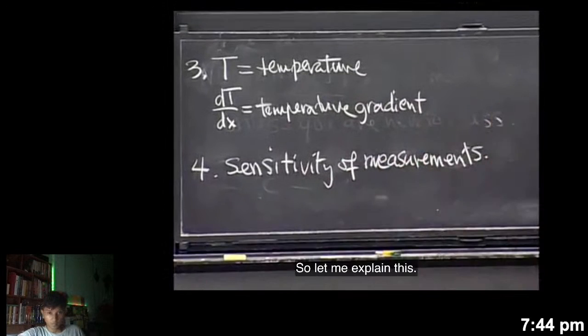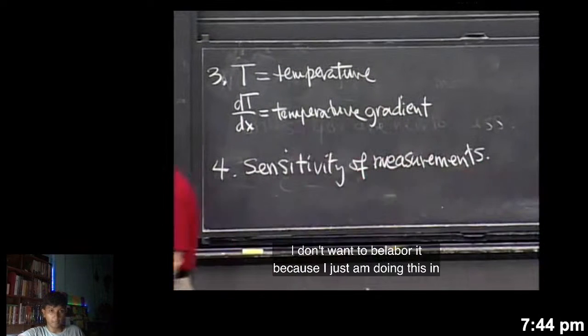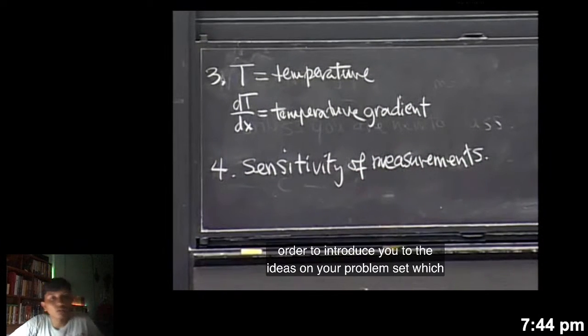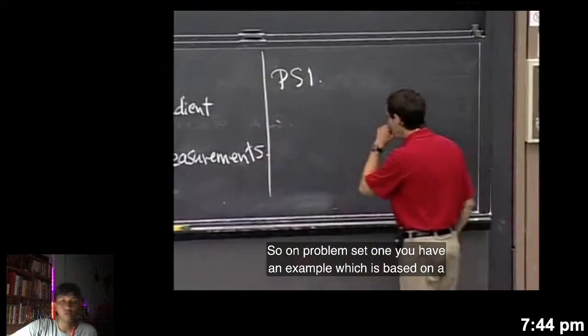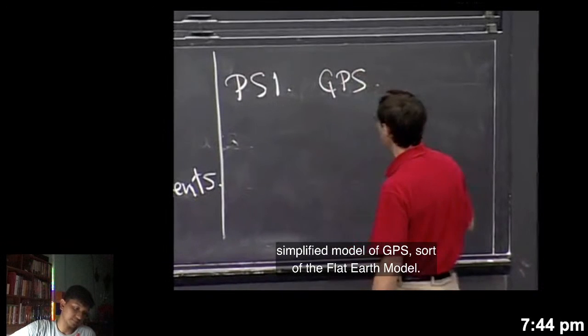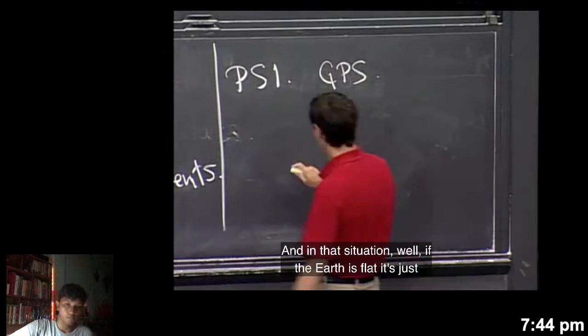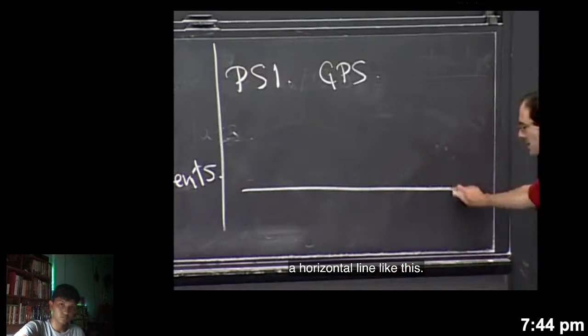So let me explain this. I don't want to belabor it because I just am doing this in order to introduce you to the ideas on your problem set, which are the first case of this. On problem set 1, you have an example which is based on a simplified model of GPS, sort of the flat Earth model. And in that situation, well, if the Earth is flat, it's just a horizontal line like this. And then you have a satellite, which is over here,